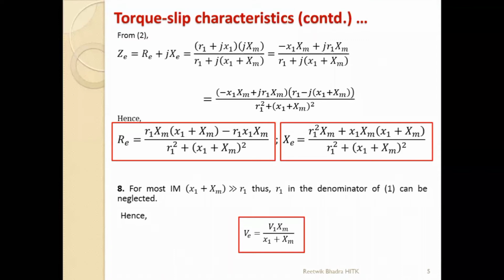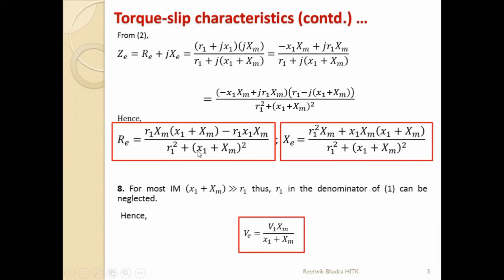Now, for an induction motor or a transformer, if you recall the open circuit test, we were finding out RC and XM, and those were very high values. This R1, R2, X1 and all are very small values. So R1, R2 compared to XM is very small. Those values were very large, whereas R1, R2 were very small. So here the square of that term will be even smaller. So this can be neglected compared to this.